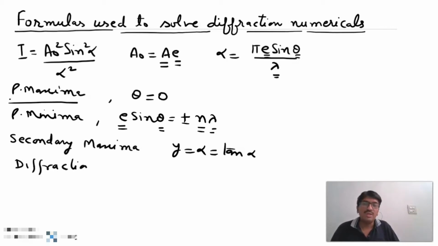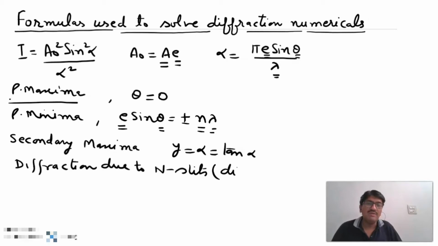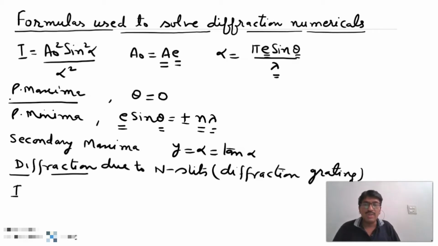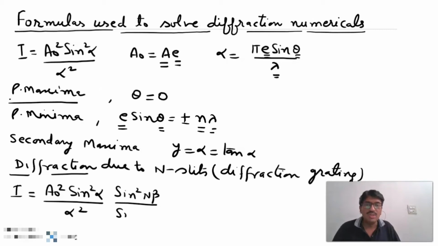And after that, diffraction due to n slits, or we can say diffraction grating. Similar to single slit, we also determine the resultant intensity, and the formula of resultant intensity is A naught square sine square alpha upon alpha square into sine square n beta upon sine square beta, where alpha,